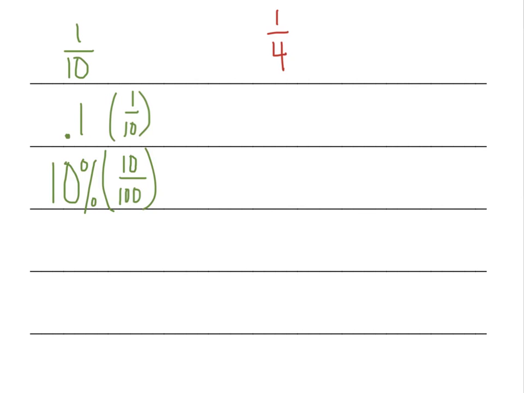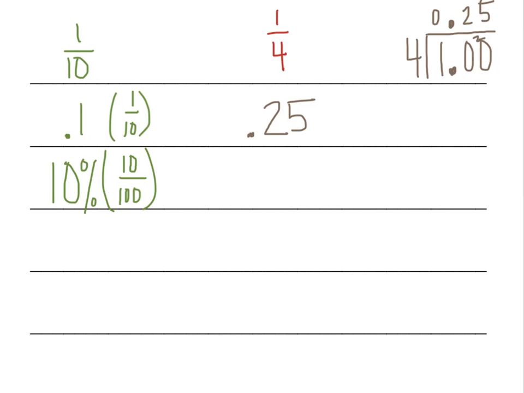But if you don't have it memorized, you can do it as a division problem like the fraction itself is, except I'm going to add in a decimal place and 2 zeros after it. So I would say 4 does not go into 1. 4 goes into 10 2 times. 2 times 4 is 8. I have 2 left over. 4 goes into 20 5 times. So my decimal would then be